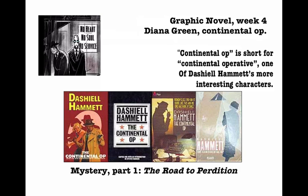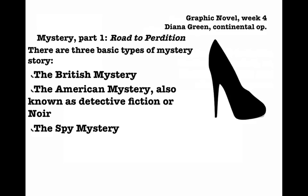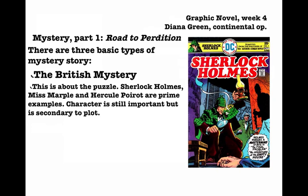Right now, let's jump into Road to Perdition and the three basic types of mystery story. There's the British, the American, or detective fiction or noir, and the spy mystery. Okay? The British mystery is largely about the puzzle. Sherlock Holmes, Miss Marple, and Hercule Poirot are prime examples. Character is still important, but is secondary to plot. This is the game of Clue, who did what to who in what room. The extreme example of this is Rex Stout's Nero Wolfe, in which the detective solves crimes without ever leaving his